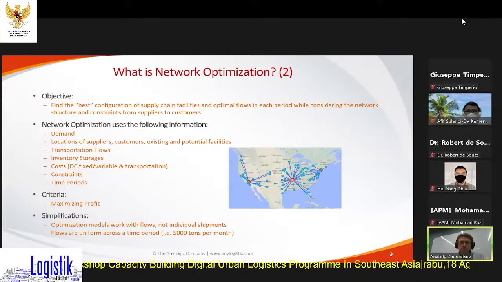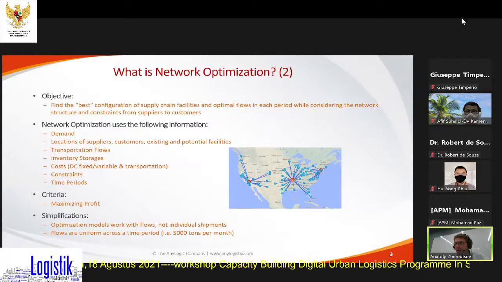So when you consider transportation from, let's say, a warehouse to a customer, you cannot track individual shipments, and you know only the flow amount of products transferred from the distribution center to the customer. But you cannot distinguish between sending the whole amount in the beginning of the period or at the end of the period, or